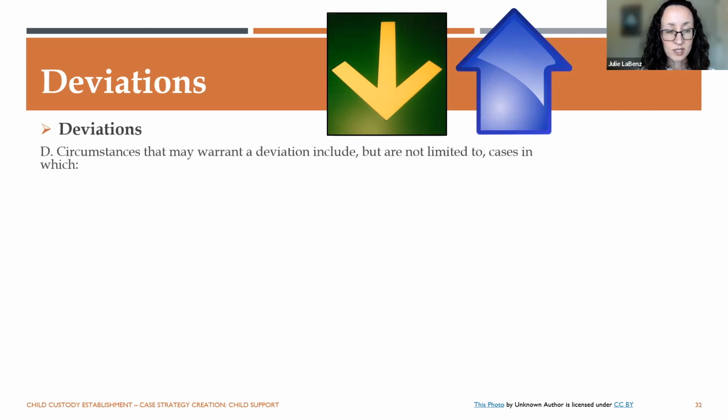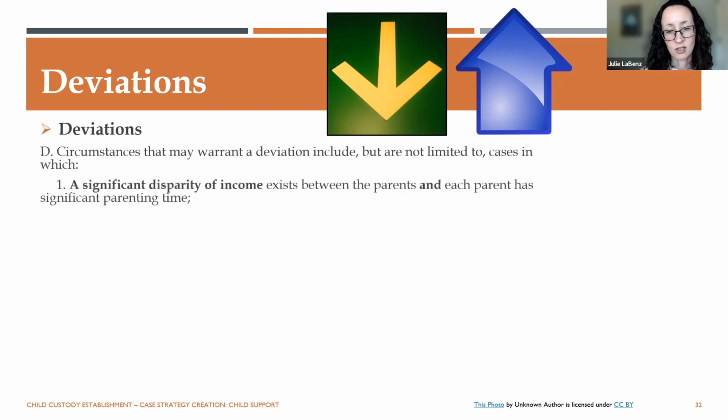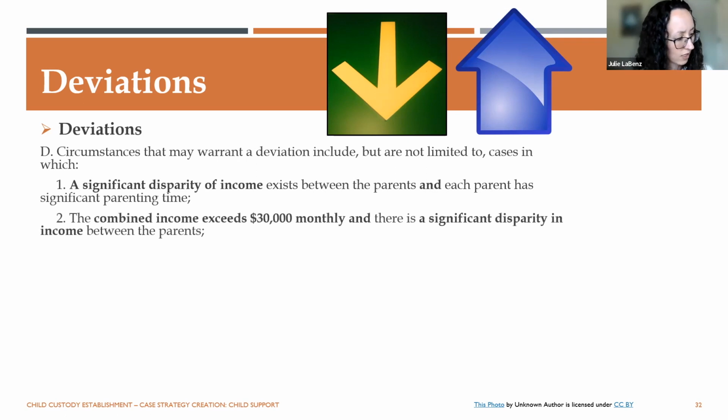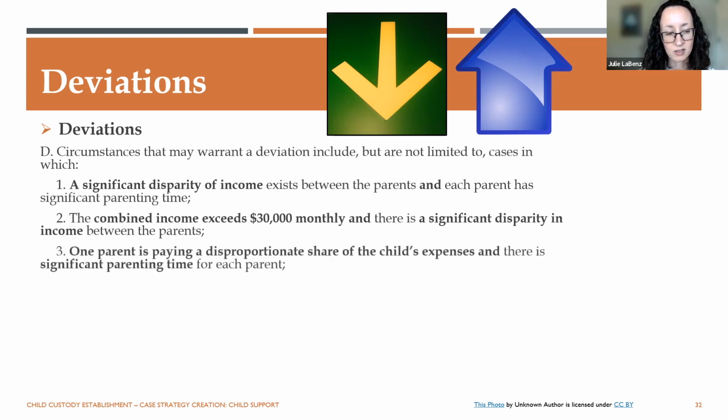And then circumstances that may warrant a deviation include, this is not an extensive list, but here's some ideas of when a deviation could be merited. There's a significant disparity of income between the parents, and each parent has significant parenting time. The combined income of the parents exceeds $30,000 a month, and there's a significant disparity in income between the parents. One parent is paying a disproportionate share of the child's expenses,